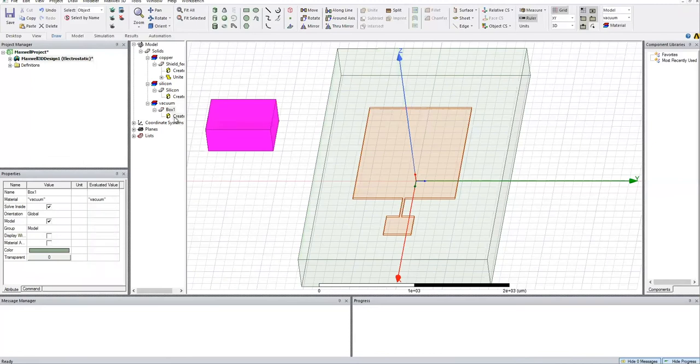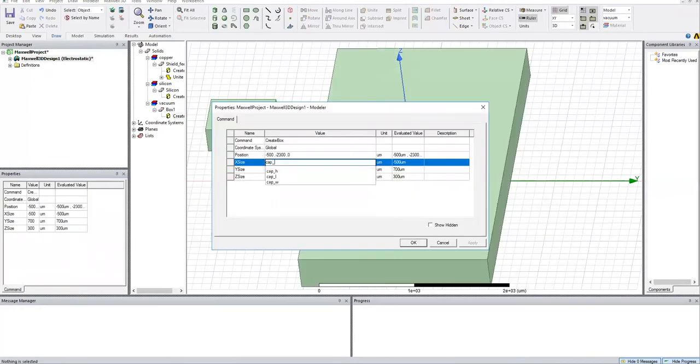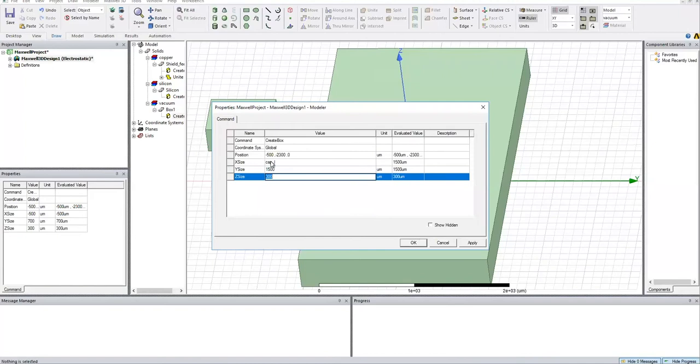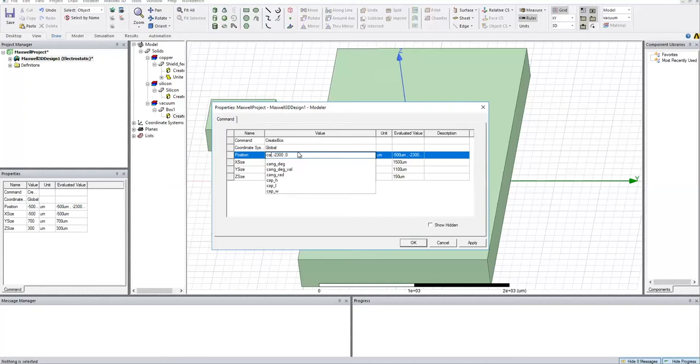Next, we are going to make our dielectric. The length and the width of the dielectric are the same as that of the shielding electrode. The height is different, which is 150 micrometer. The position of the dielectric is adjusted in a way that it is right on the top of the shielding electrode.